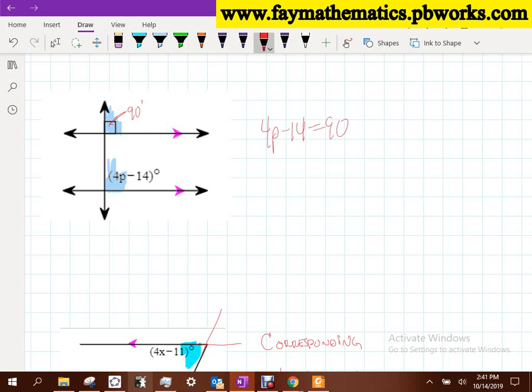Now, that is actually a relationship that is going to be very useful for us. Okay? Because what we find out then when we find p and plug that back in, this angle's got to be 90 as well, right? Okay, they got to be same side interior, corresponding, so they got to be the same. Here's the idea. If I have two parallel lines and my transversal is perpendicular to one of them, would you guys agree that my transversal is perpendicular to that bottom parallel line? And doesn't it have to be perpendicular to both of them?